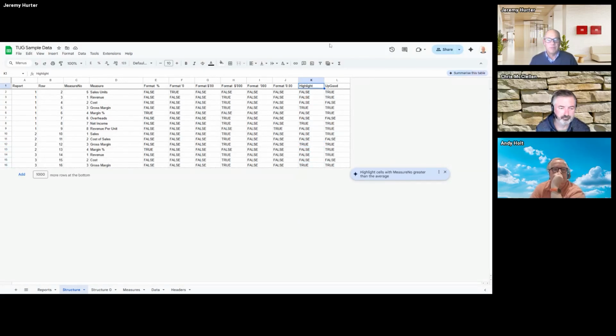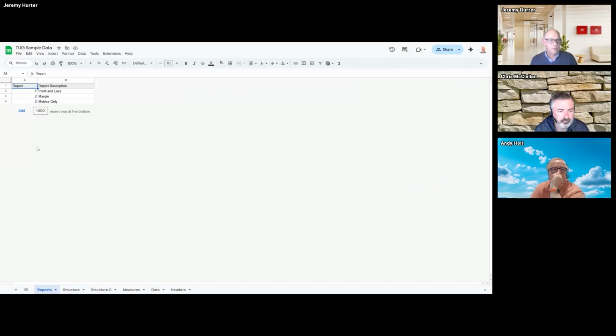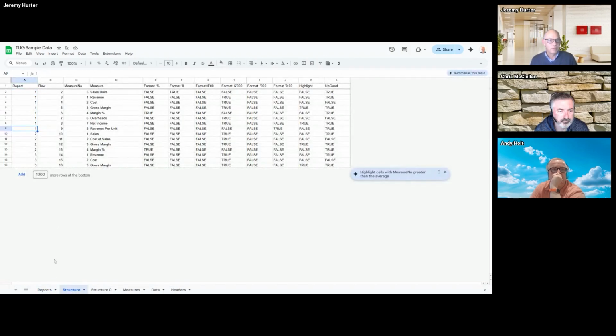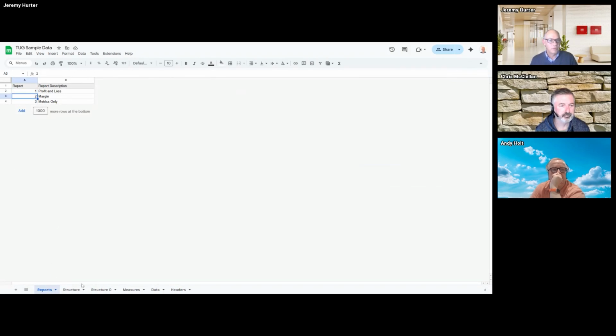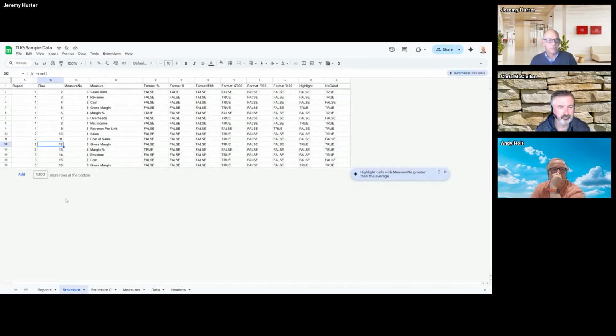That is making sense. So the Google Sheet has each report. There's that first report, your profit and loss report. Second report is the margin report. And the third report is the metrics only report. And you can then highlight any row you like. So what if we wanted to highlight,